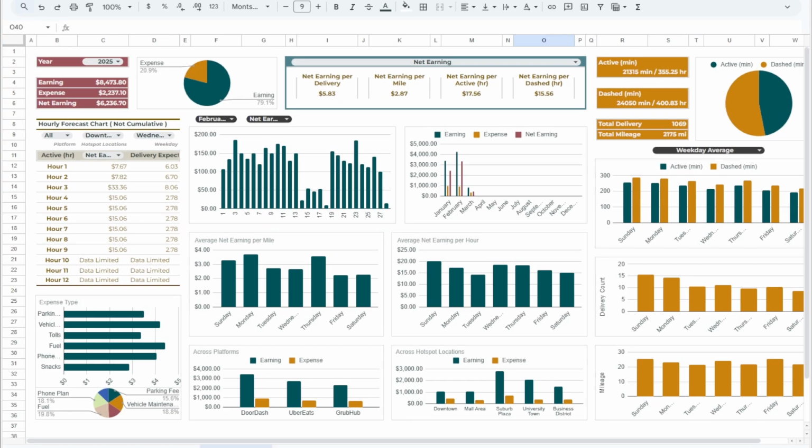Altogether, the Delivery App Tracker isn't just a place to record your numbers. It's a complete data-driven toolkit for boosting your delivery game. From tracking true profit to identifying winning hours, zones, and platforms, you're empowered to make smarter, more profitable decisions. Whether you're hustling part-time or driving full-time, this tool grows with you and turns your delivery data into real strategy,